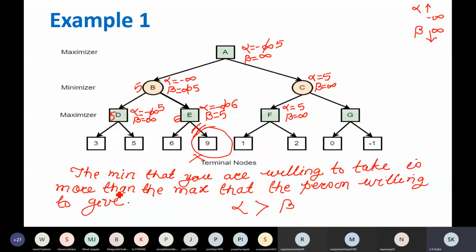DFS you are following. The algorithm will reach here. Now this is a terminal node with value 1. The value has evaluated to 1. It's a max node. So what will happen now?